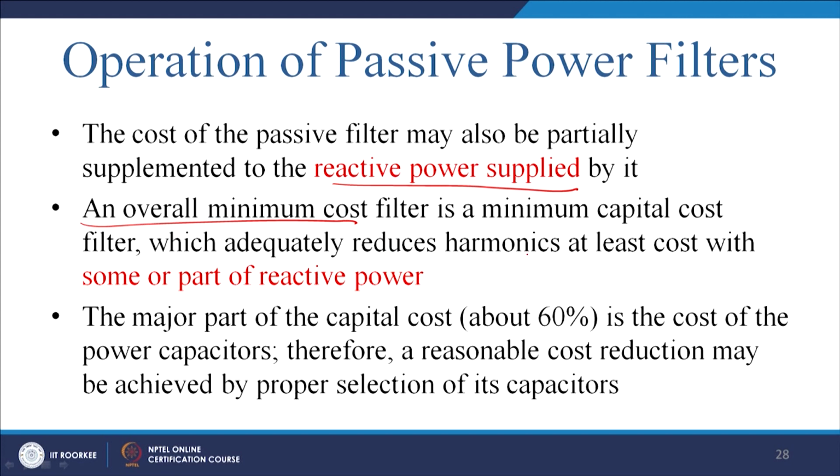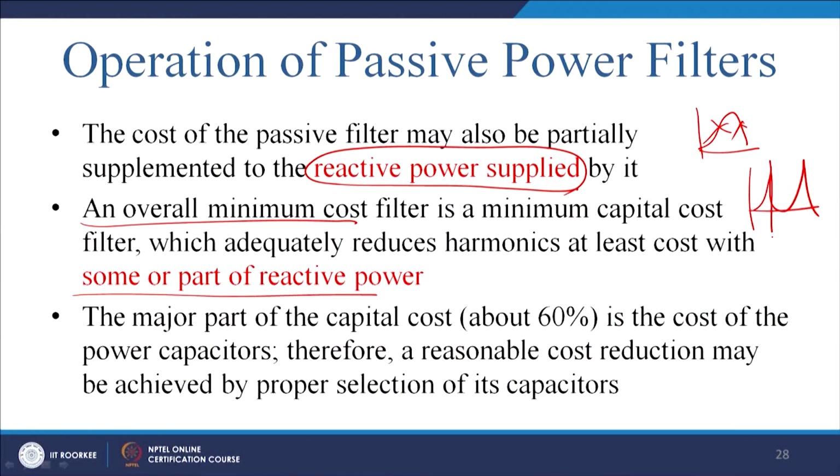adequately reduces the harmonic at least cost with some part of the reactive power. So, it is an optimization technique. You will find many papers on the cost optimization of the hybrid filter nowadays, not the passive filter. So, ultimately the cost of the reactive power will be there, whether you will be having a band pass kind of thing. Since most of the cases it is a 3-phase 3-wire system,